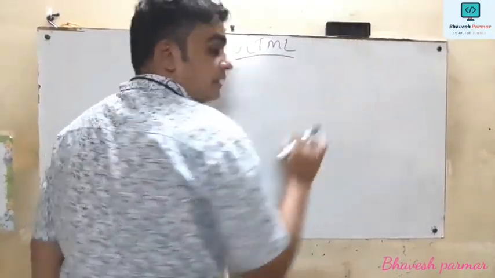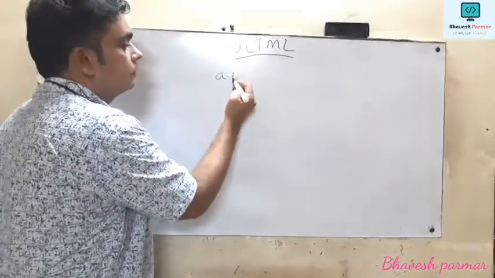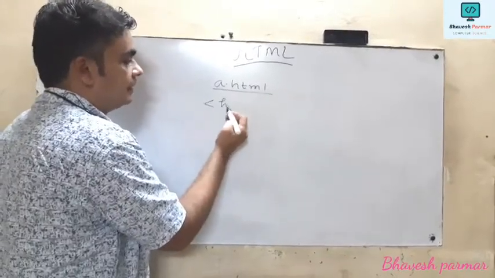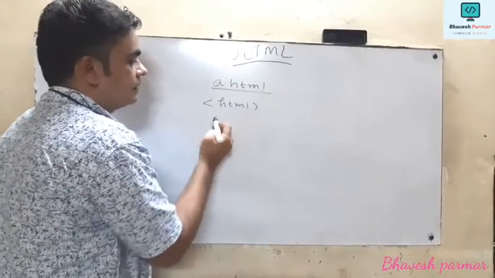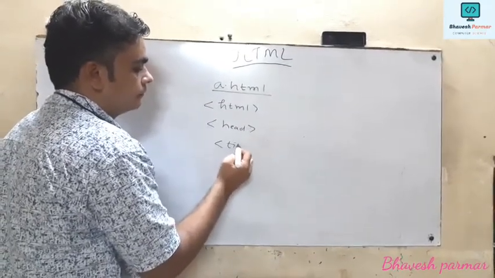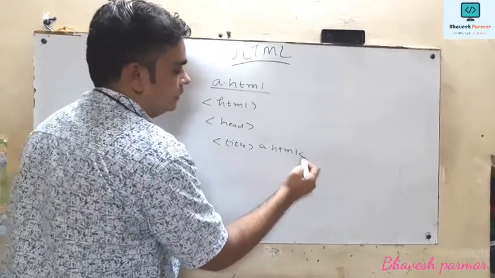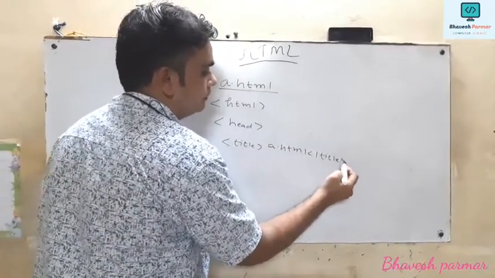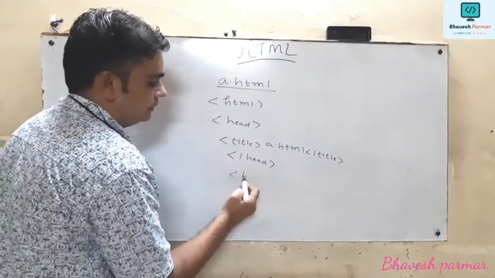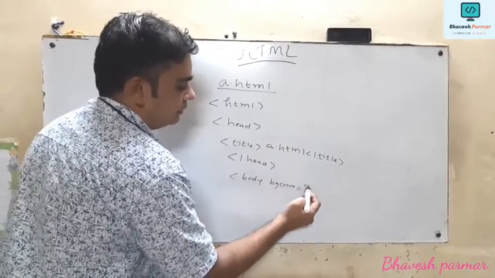In that case, what is my first step? I am going to open Notepad. In Notepad, I am going to save that file as a.html, and in this a.html I'm just going to write down the code. So this is my code, then /head, then I'm going to start body, and here I'm going to mention some color.